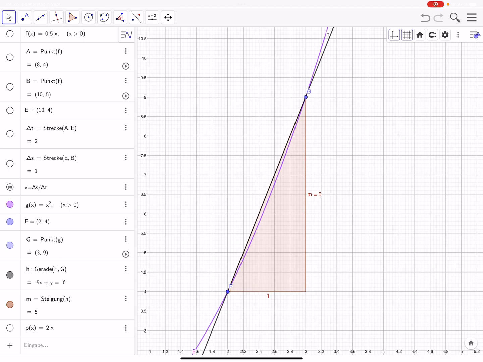And that means that at point F, the speed or the velocity must be below 5, and at point G, it's above 5. So that's when it makes sense to talk about average speed,